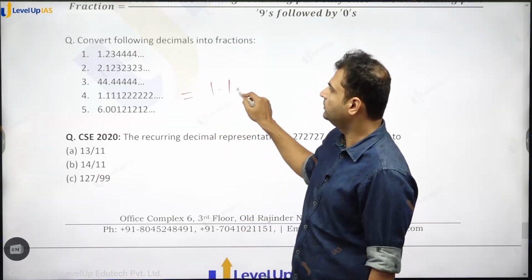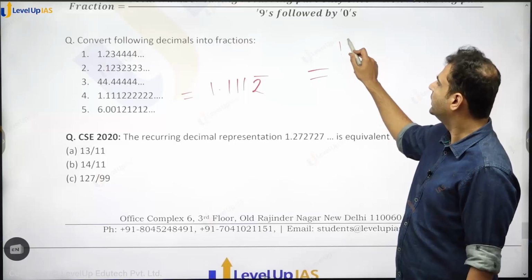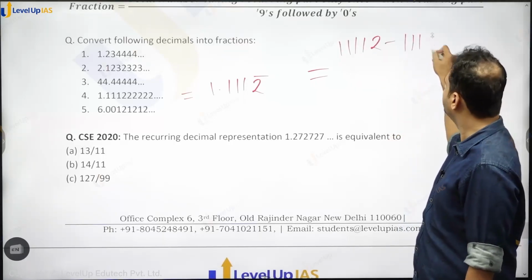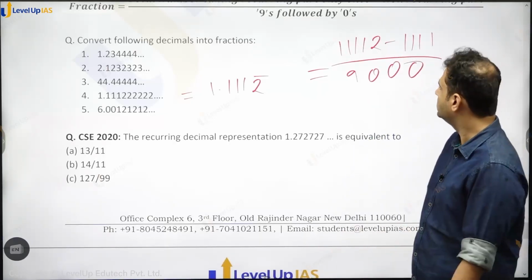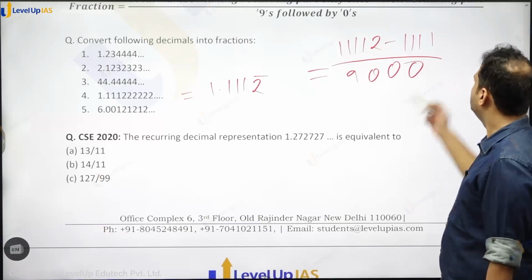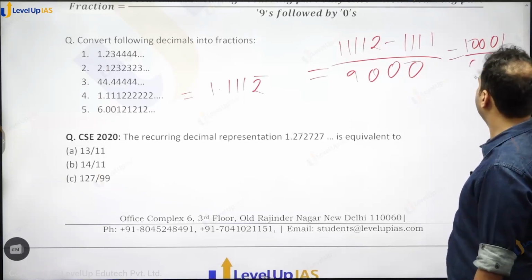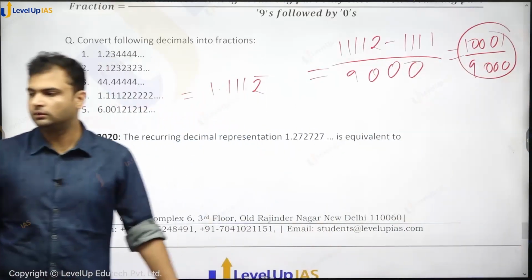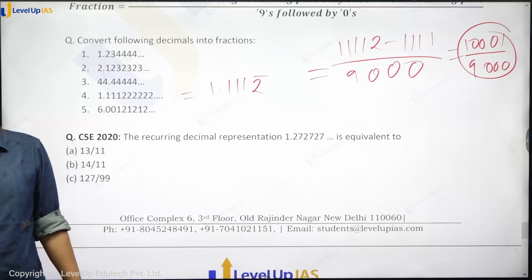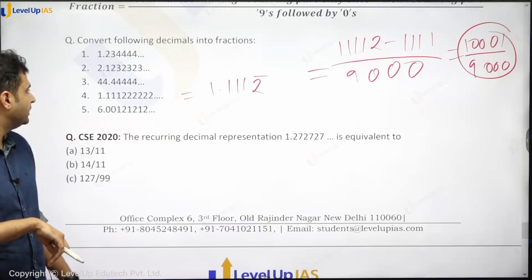This is 1.1112 bar, which is equal to 11112 minus 1111 divided by 9000. ये है आंसर. जो भी आएगा ये आएगा. दिस इज 10001 and 9999000. Yes, that is correct. सही है. लास्ट